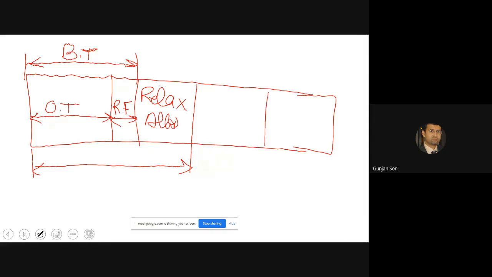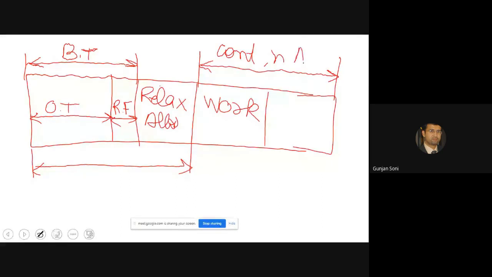So further, this is your work content, or you can simply say work content. This is your contingency allowance. So your work content is defined.